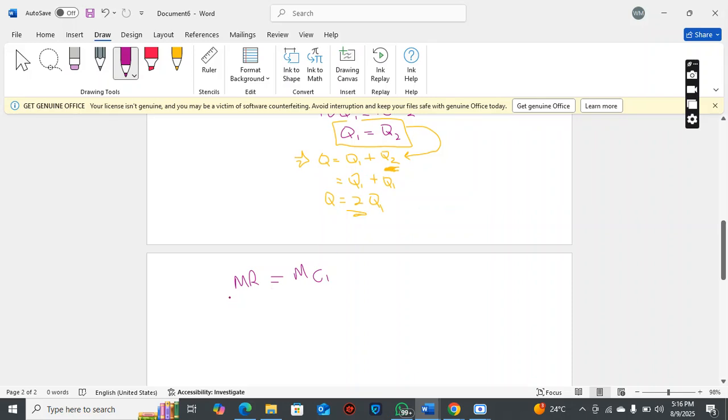So our marginal revenue, we said it was 1,000 minus Q, equals our marginal cost, which is 10Q1. Okay, 10Q1. Then, since here we found that Q equals 2Q1,